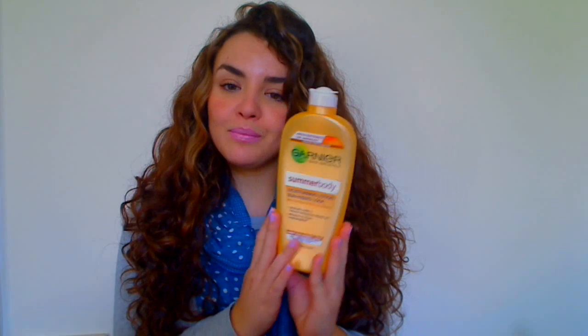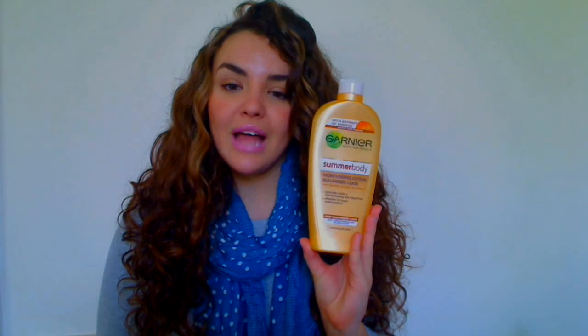This one says it's for a deep sun-kissed look. I wouldn't describe it as a deep sun-kissed look. It gives you, like I said again, just a hint of colour, but it's slightly lighter than the Dove one, and it can look a little bit orange on me at least. That might be just due to my skin tone and the undertones in my skin. That really does depend. Now, you get 400 mils of product in this bottle, and in Boots and Superdrug normally